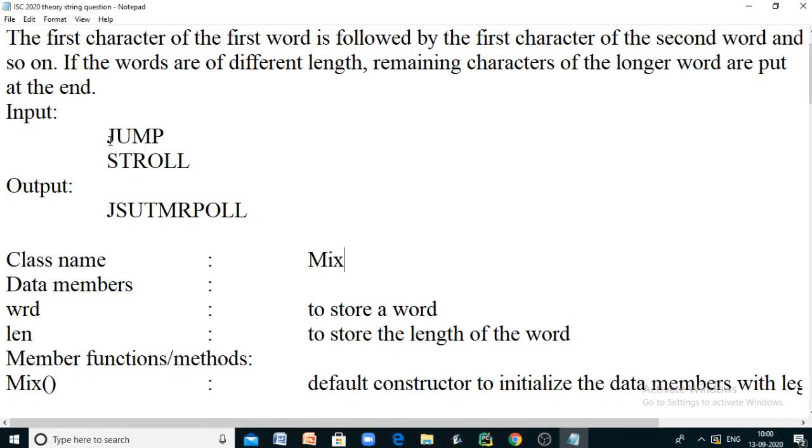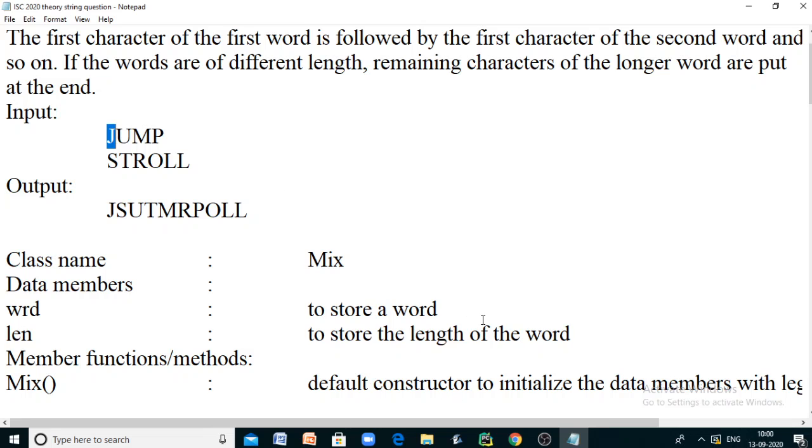If you see here, there are totally 10 iterations, and when i is 0, it is taking from the first word. When i is 1, it is taking from the second word. Then when i is 2, it is taking from the first word. When i is 3, it is taking from the second word. So if it is going in this manner, we can decide that when i is even, it is taking from the first word. When i is odd, it is taking from the second word.